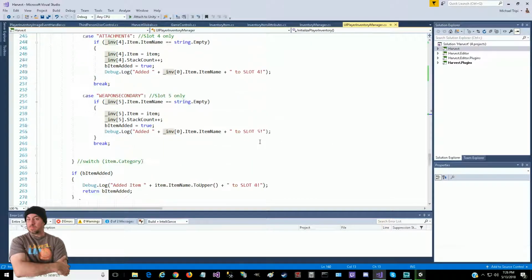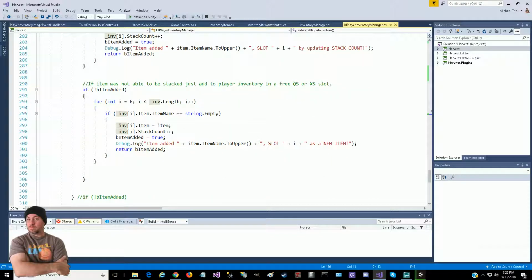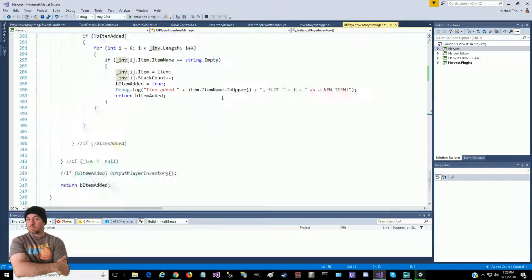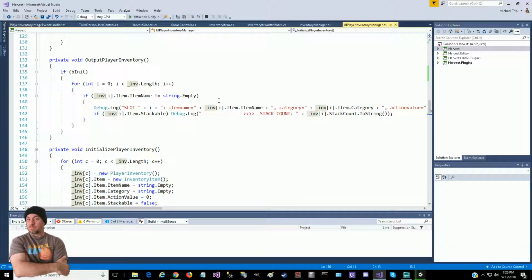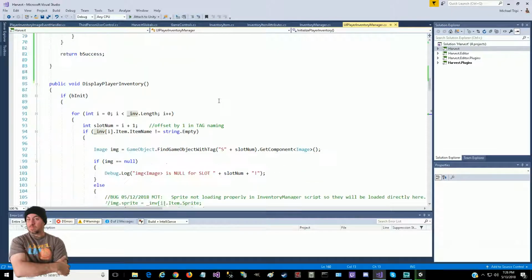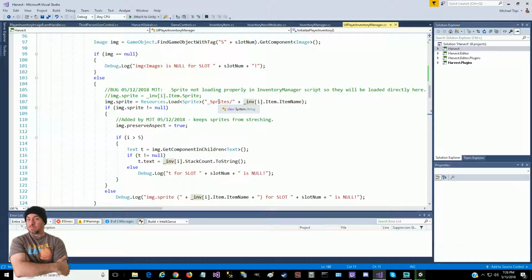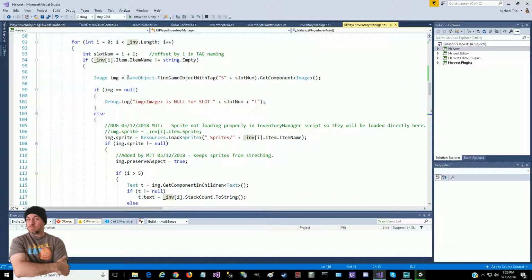Yeah, we're adding the item. I think it's in the display inventory function, actually. Yeah, display inventory. Yeah, see right here, we're overwriting it with the item name. So, and loading it. If image sprite is not equal to, if image equals the game object's get component image, if image is equal to null, then